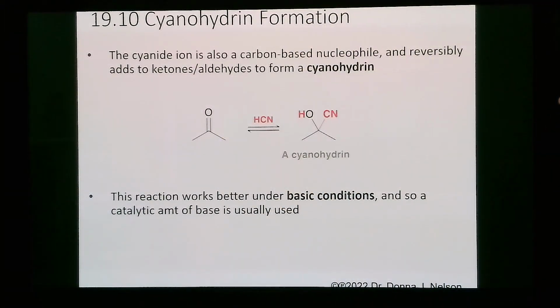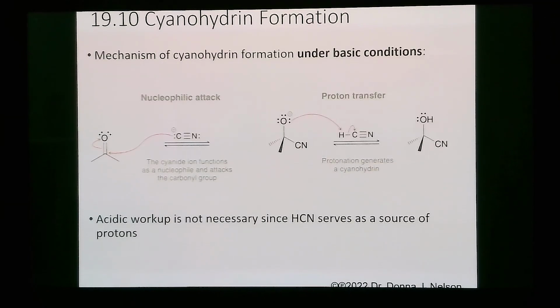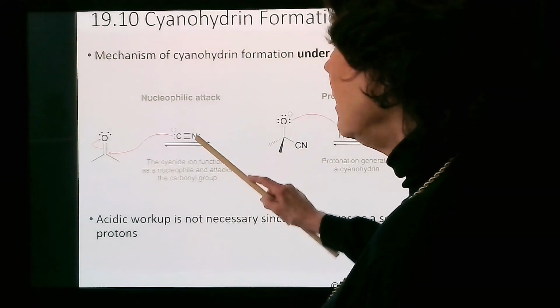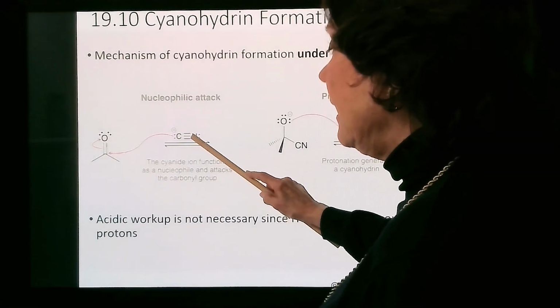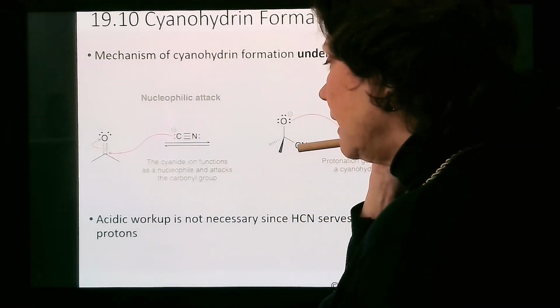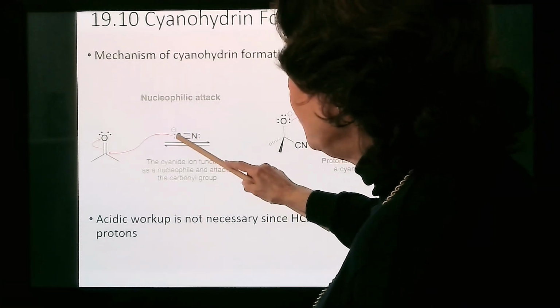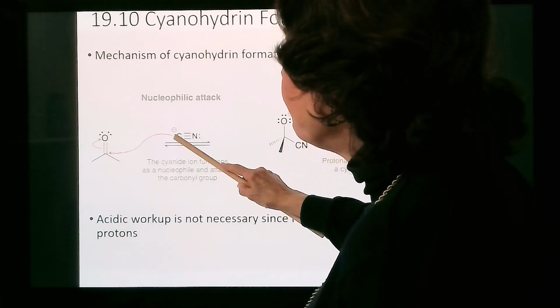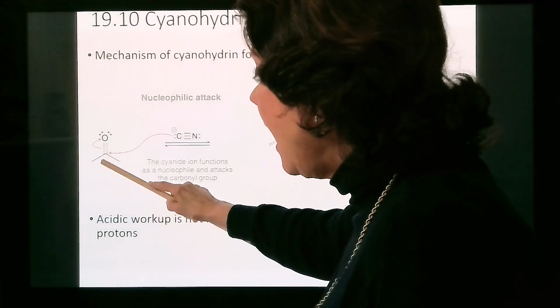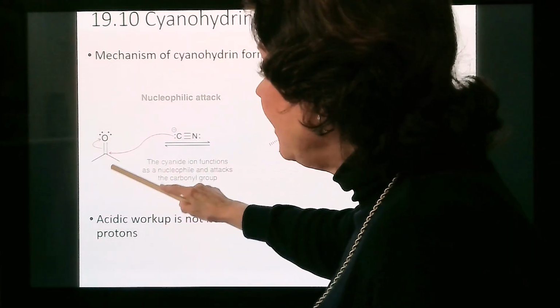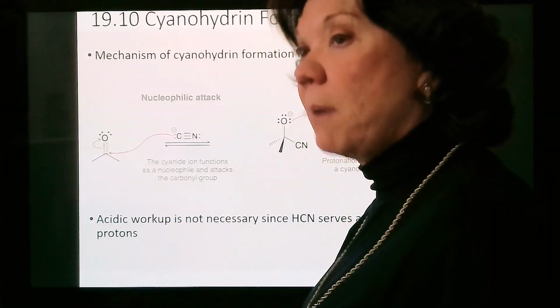Let's look at that reaction. So here, remember, hydrogen cyanide is somewhat acidic, and so you have cyanide generated. There's a pair of electrons on carbon, and it comes in and attacks, it populates the anti-bonding orbital of the pi bond,